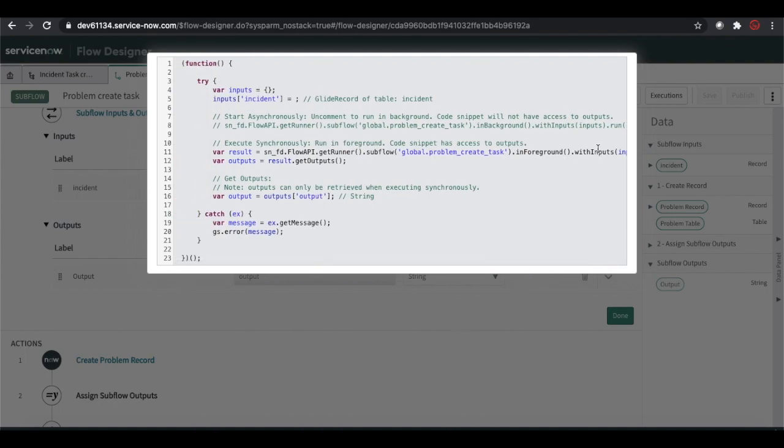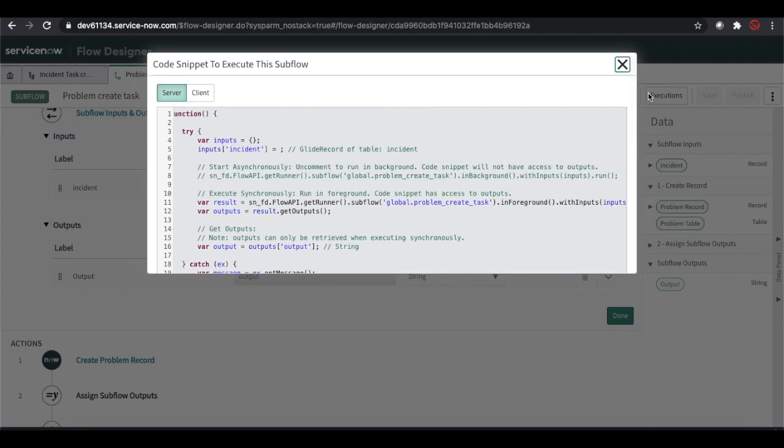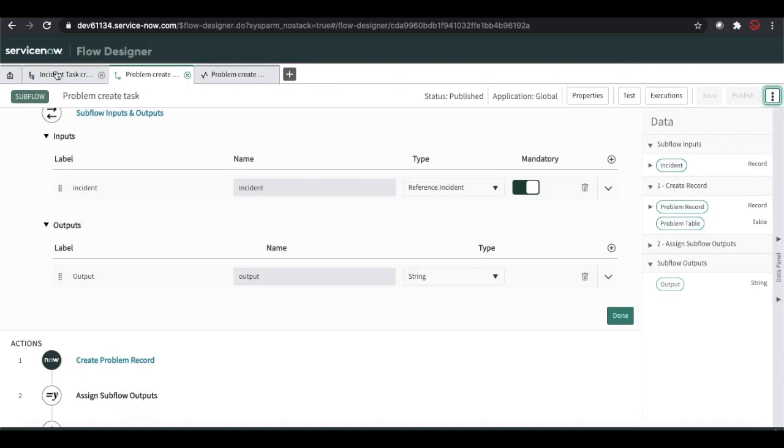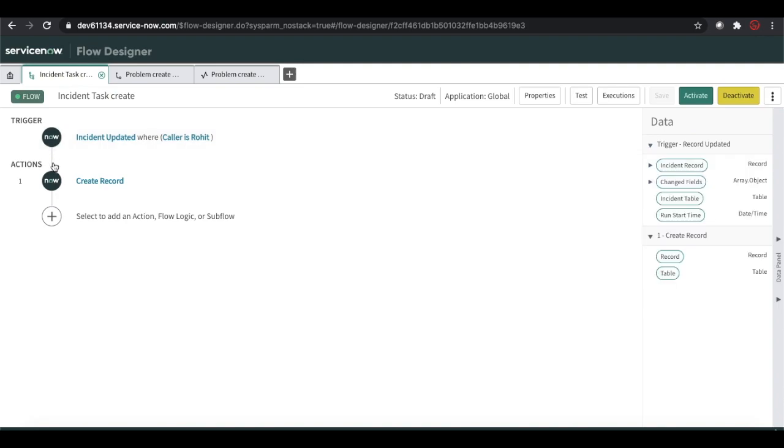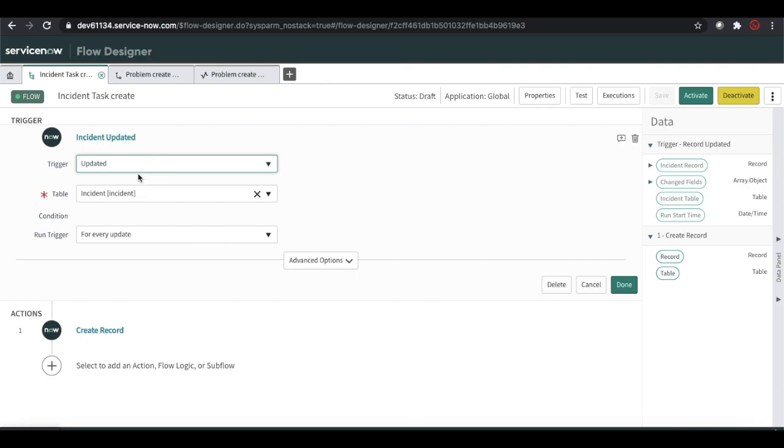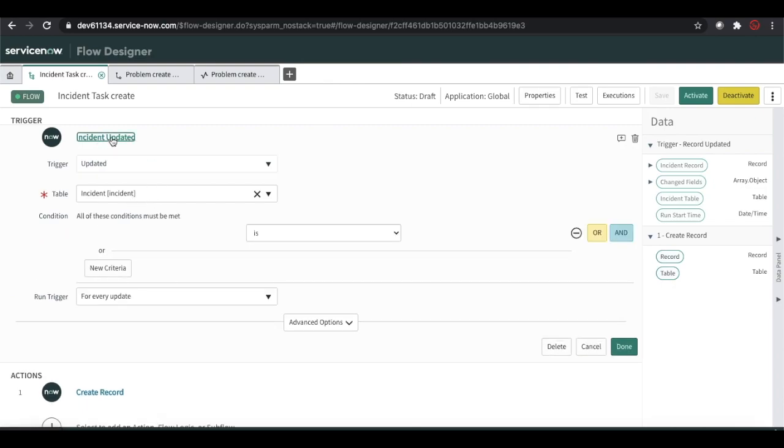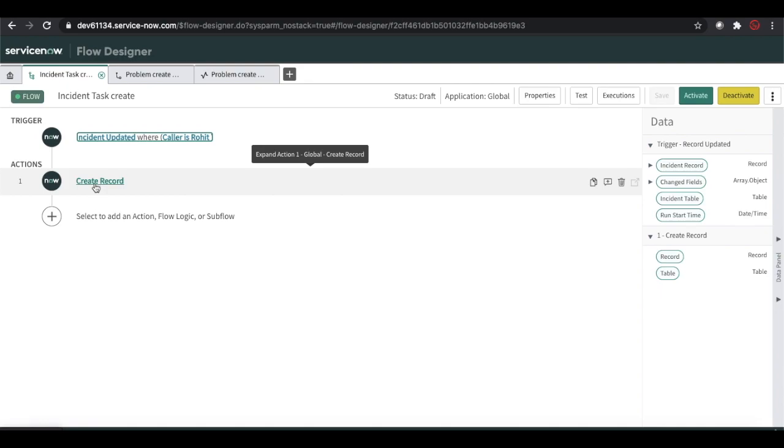That is if you want to call it from the script include. Or else, if you go here in the incident task, we'll start modifying here only. We can call that subflow from the flow. Okay, let's do that. Here, if you see, incident is updated, so what we are doing is creating one incident task, right?